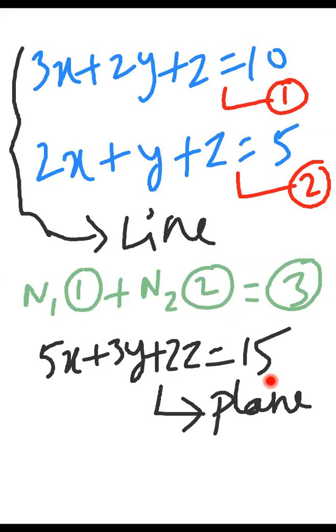Once any one of the equations is a linear combination of the other two equations, definitely you will get an infinite number of solutions. But the only condition is these two equations have to be consistent first. Then only it is true. Consistent in the sense what? They should not be parallel to each other.